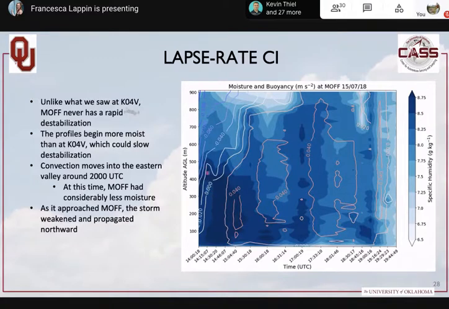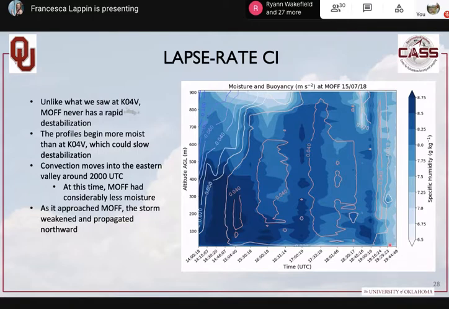The environment begins to be very moisture rich, and as a result, the buoyancy never rapidly increases. There's not a strong destabilization period that we see, and that could have to do with the surface not heating as quickly due to the present moisture. And we get a typically, or overall, a drying period before or towards the end of the flights,